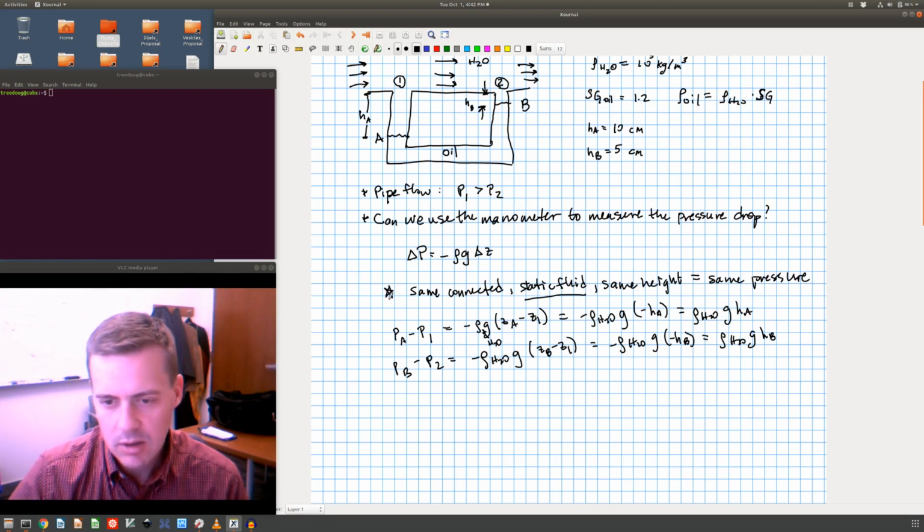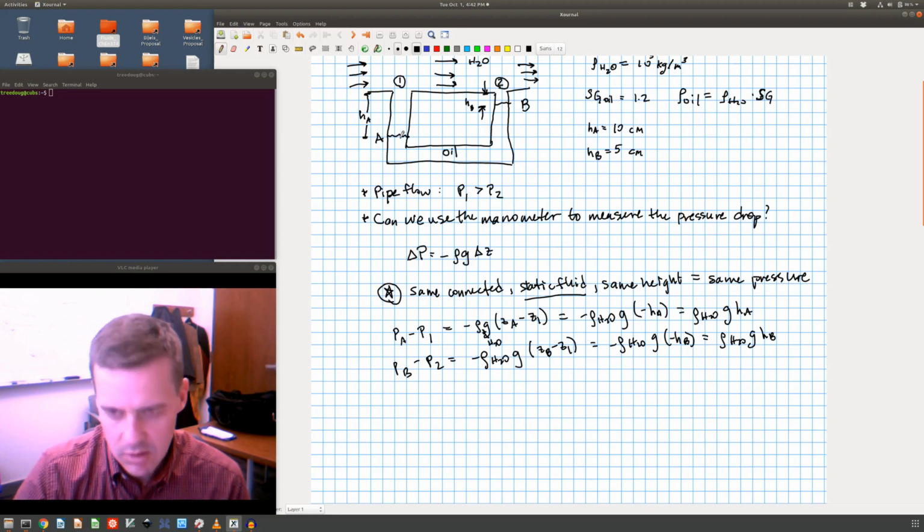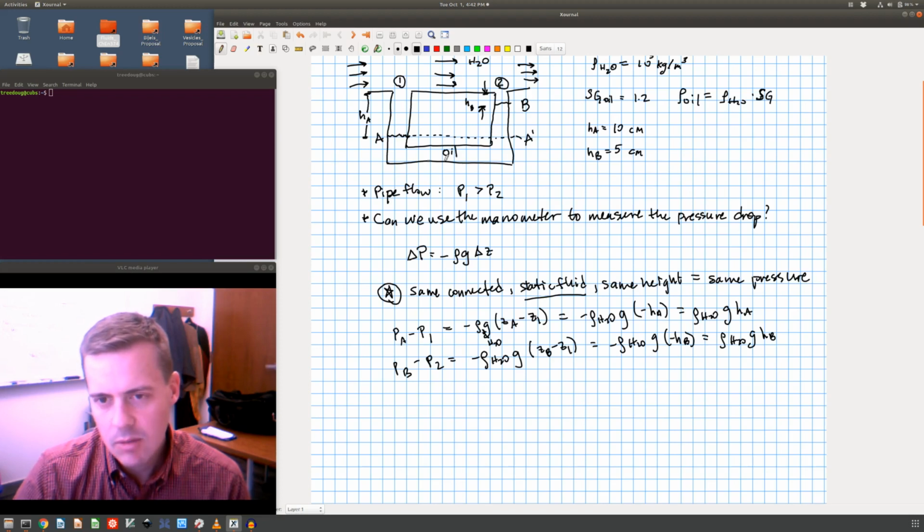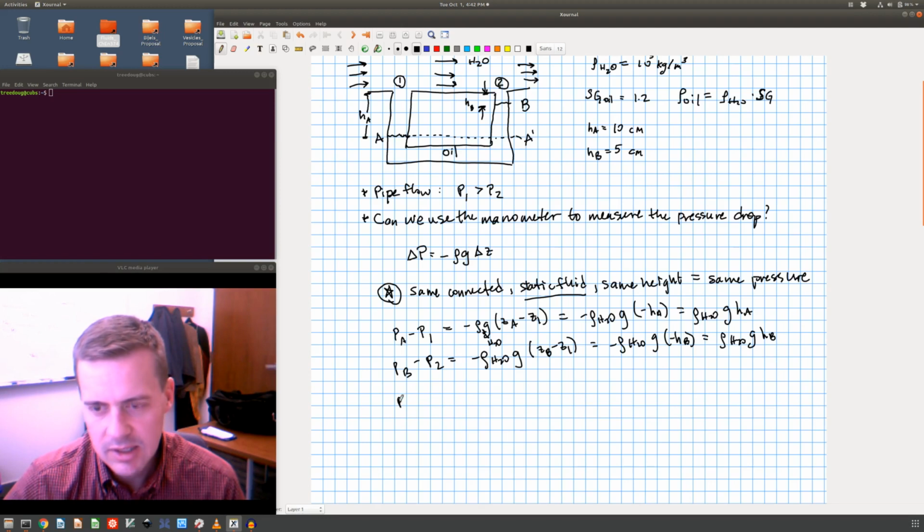This principle right here: the same connected static fluid at the same height has the same pressure. So I look here and I say, this A over here at the same height, A prime, is the same fluid at the same height, and it is static. So A and A prime have to have the same pressure, which means, because I can't vary in the x or y direction, I can only vary in the z direction, which means I can say that PB minus